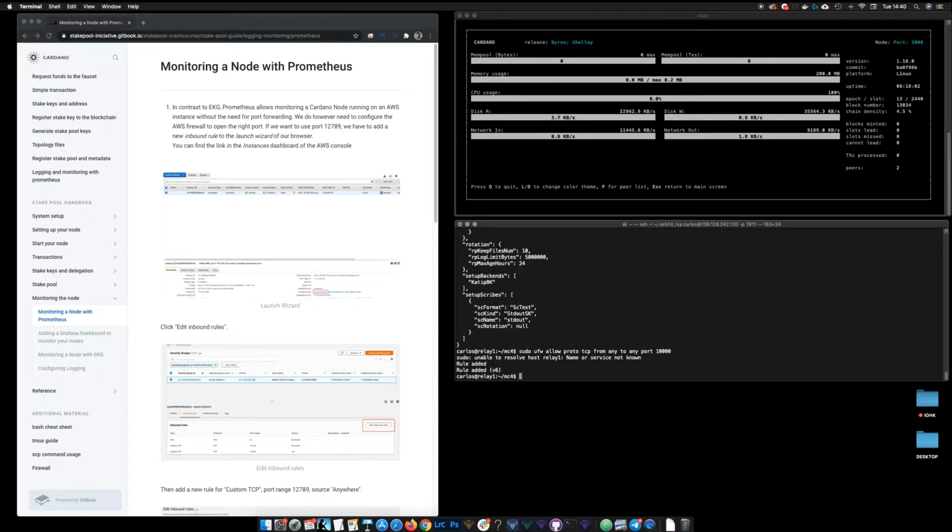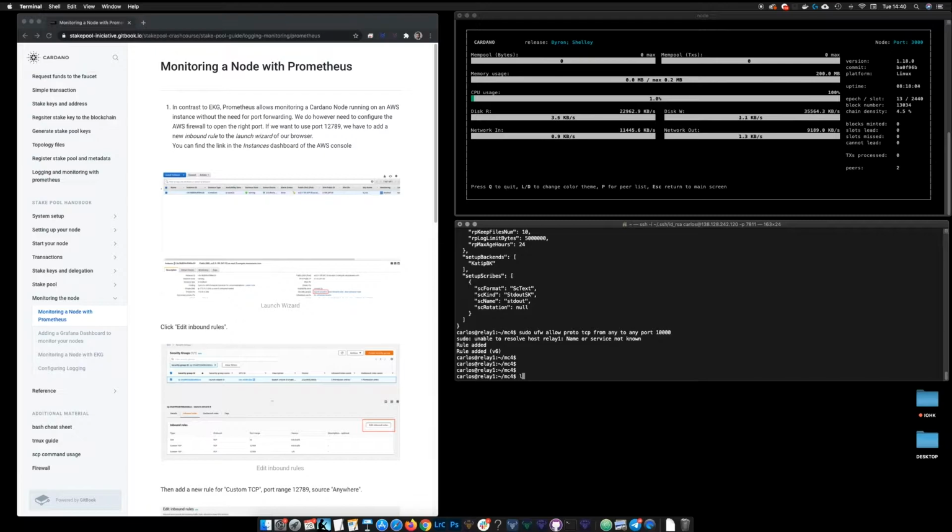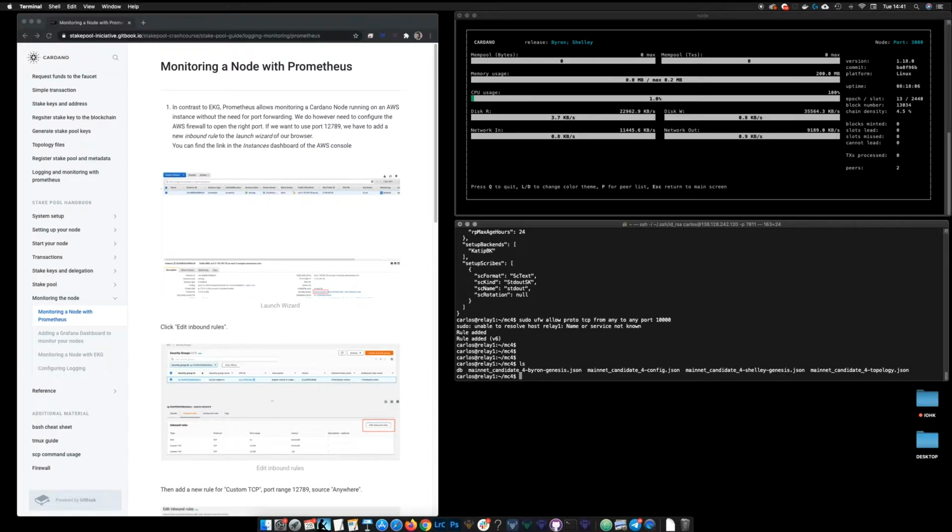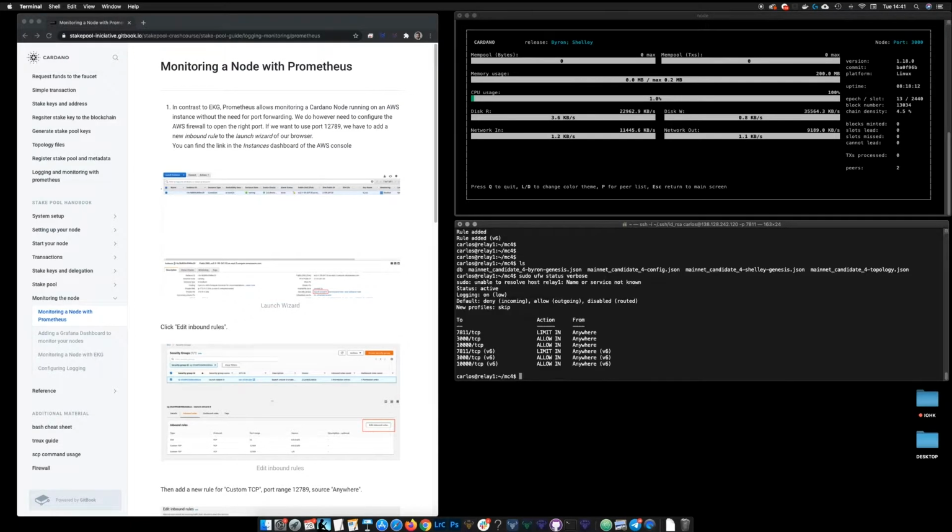Relay one rule added. Okay, let me just check. Sudo ufw status verbose. So there it is. Now my node can accept this connection on port 10,000, but let me just sudo ufw status numbered,